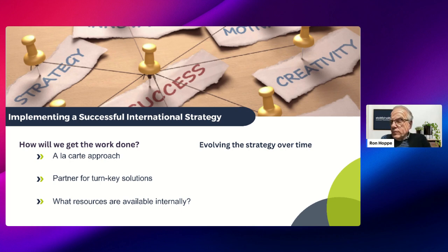And do those internal resources have the experience to work with international candidate pools? So it's certainly a viable option. I know of some organizations that have taken this approach in the past, but most organizations that we work with